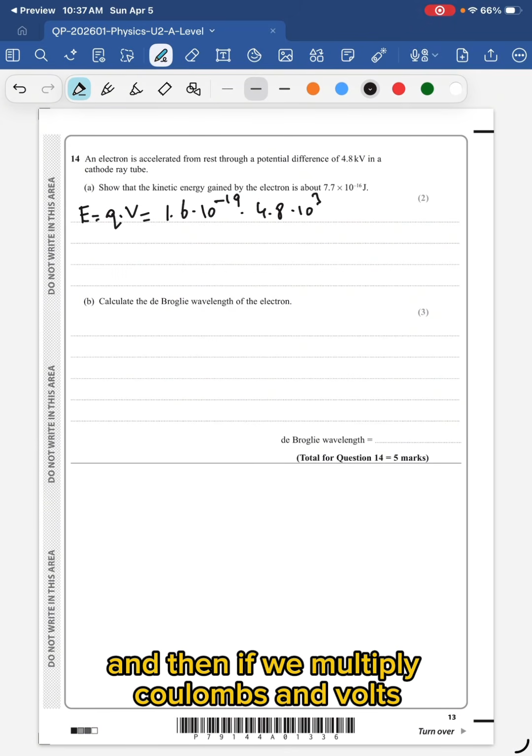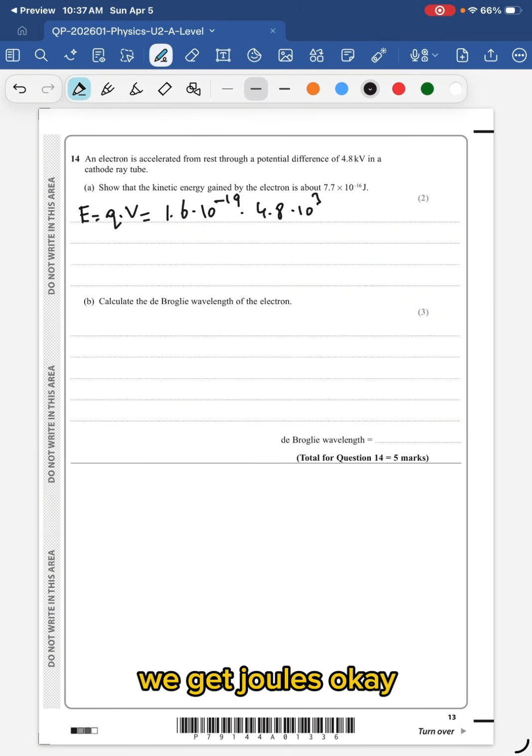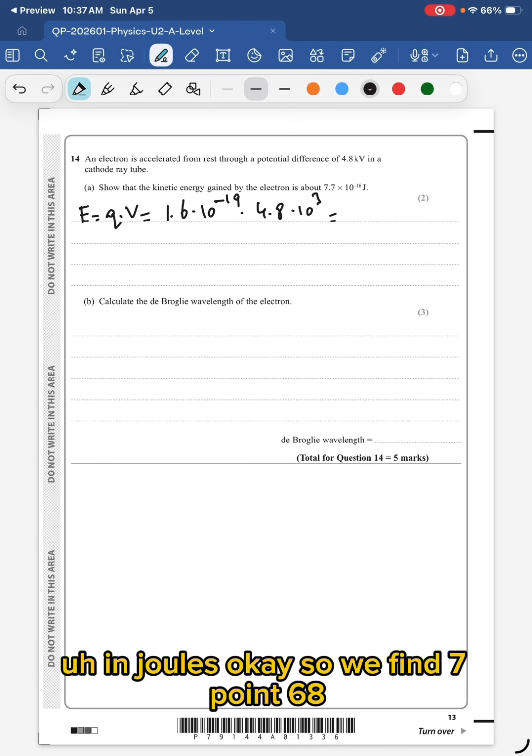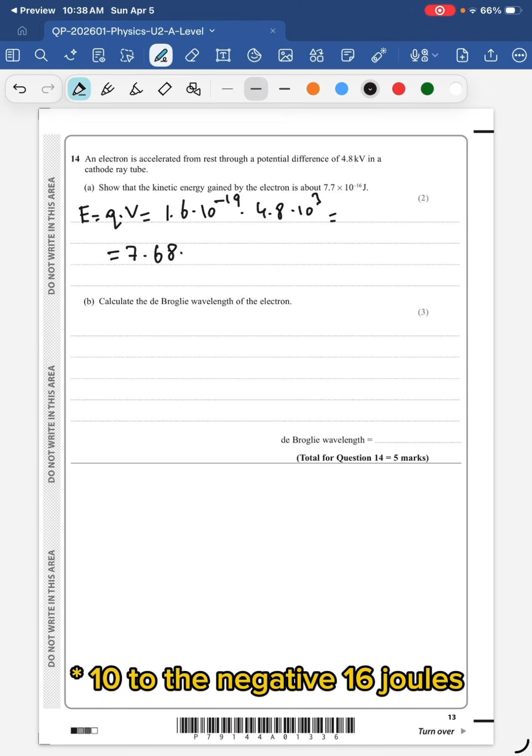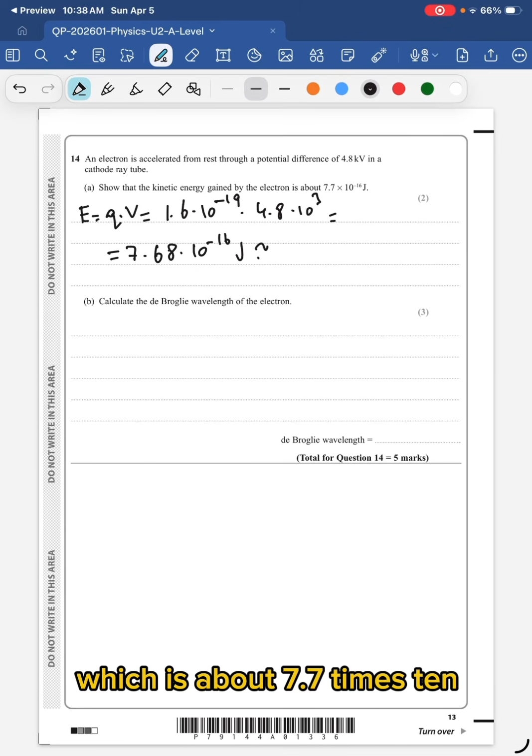And then if we multiply coulombs and volts, we get joules. Okay, so this is in joules. Okay, so we find 7.68 times 10 to the negative 16 joules, which is about 7.7 times 10